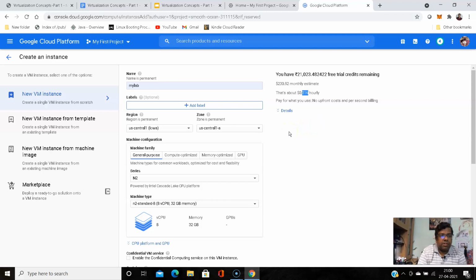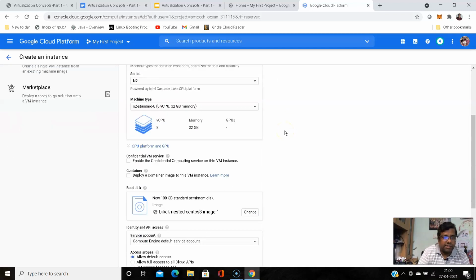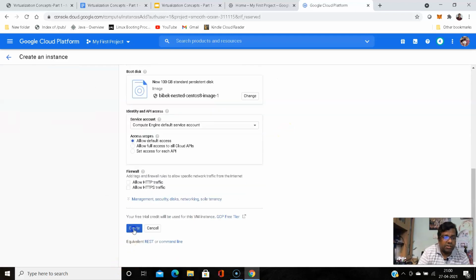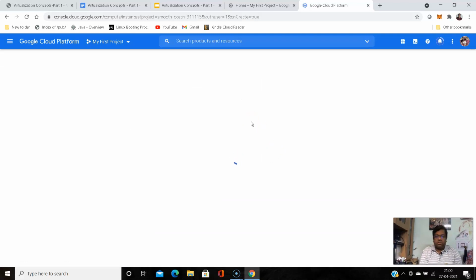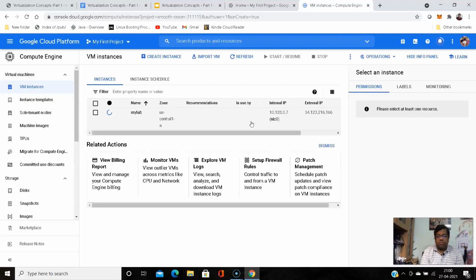Whenever you need to, that's what I suggest, create an image for your requirement as per your lab requirements, and once you are done with your work, you can just delete it and then spin it off again. So, create. It will take a couple of minutes for the installation to complete. Let it complete, then we'll go further.